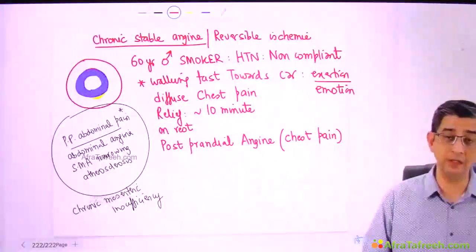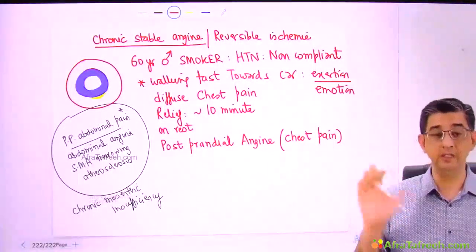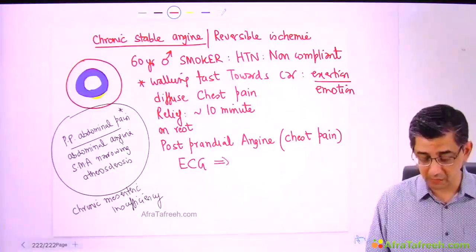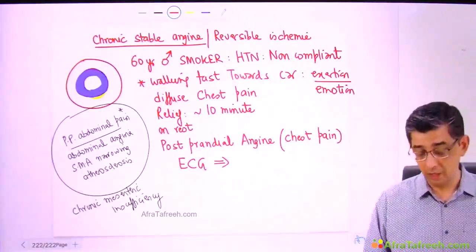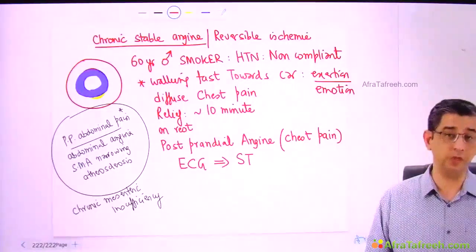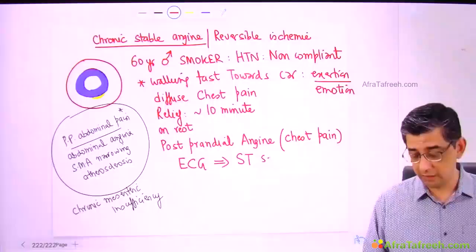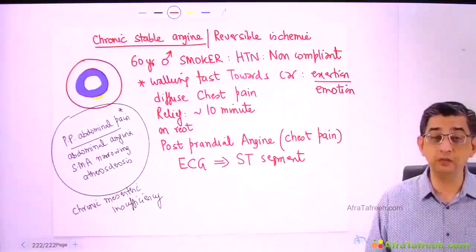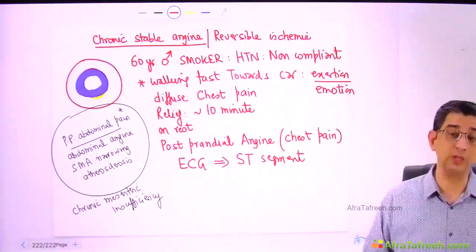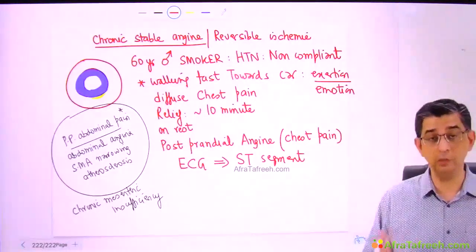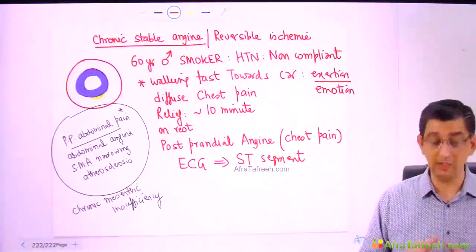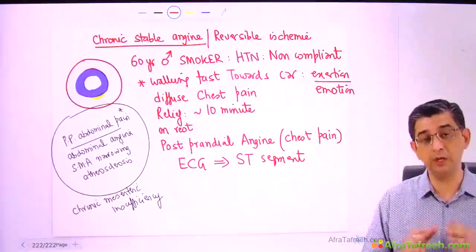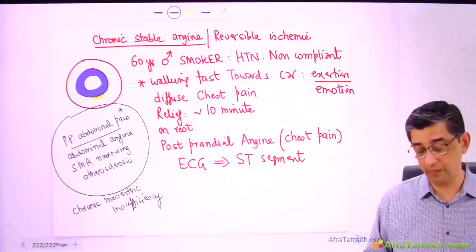This guy has now cancelled all kinds of functions, etc., and has decided to come over to your clinic. He is accompanied by his son and daughter, and because he had this episode of chest pain, you decided to do an ECG. When you show the ECG printout to these people, they'll obviously expect an interpretation, and you tell them that the ECG findings are normal, and his son and daughter are looking at you in disbelief. They say, "Sir, my father was in so much chest pain, and thankfully he's alive, and he was so bad, and you are telling us the ECG is normal. Is there nothing wrong with the heart of our dad? How is it possible?"